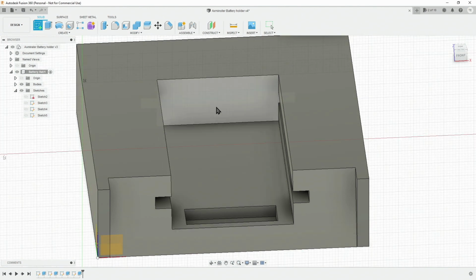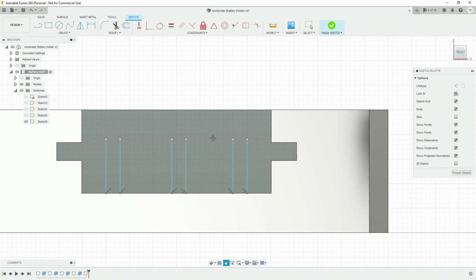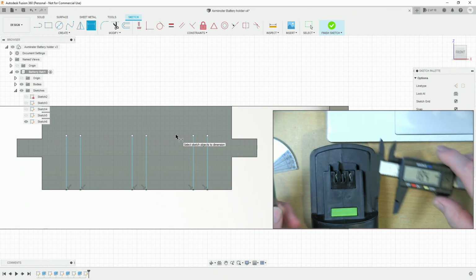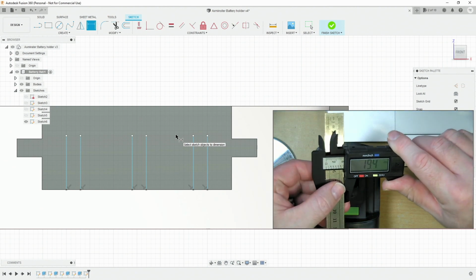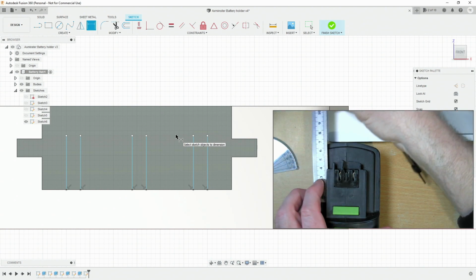Now, in order to do this, first of all, I'm going to create a sketch based on that back wall. And I'm just going to put in some lines that are going to make up the 3 pegs. We can get our dimensioning tool out. I'll show you a little trick that makes things just a little bit easier. When trying to measure these, it can be a bit difficult because we're measuring off effectively what's a wall that is hidden. It's underneath this piece there. So what I'm going to use is something to offset. And I'm going to measure this. And then zero out my...